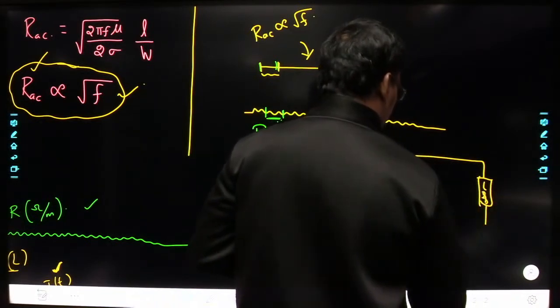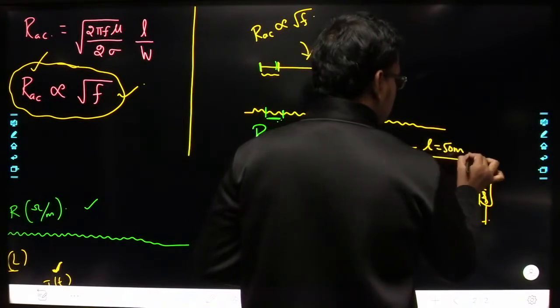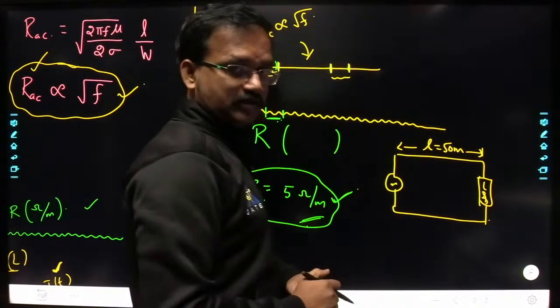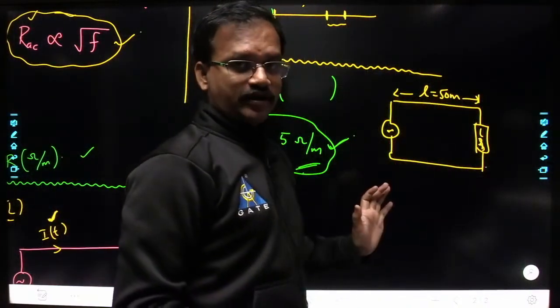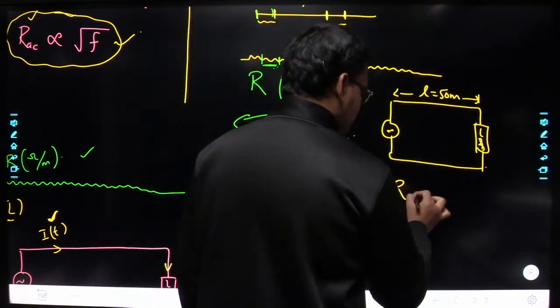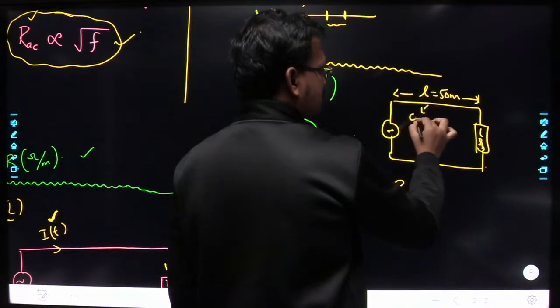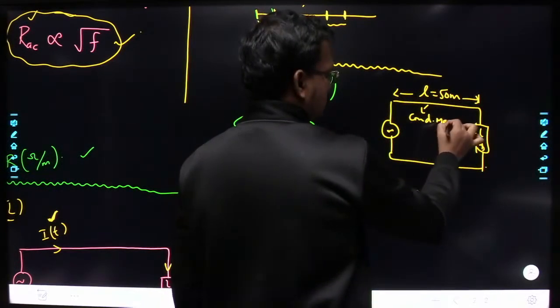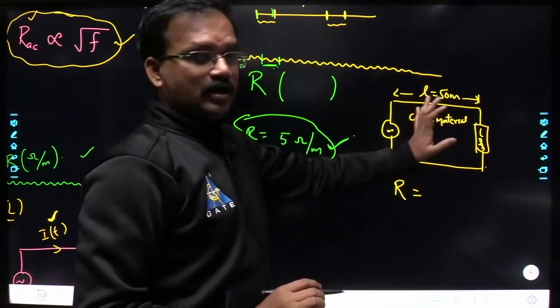Now I am saying the length of the transmission line is 50 meters. Let us assume the length of the transmission line is 50 meters. Understood? Now, if I want to define the resistance of this transmission line, see, it is made up of some conducting material, yes or no? This transmission line is made up of some conducting material, and the resistance it is going to offer,